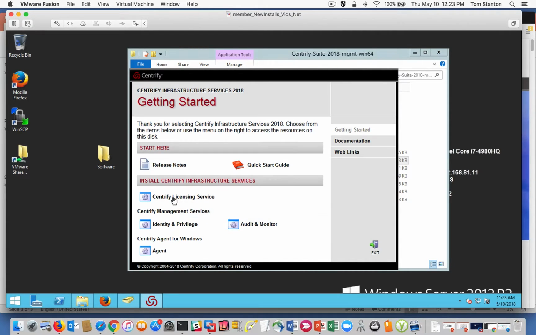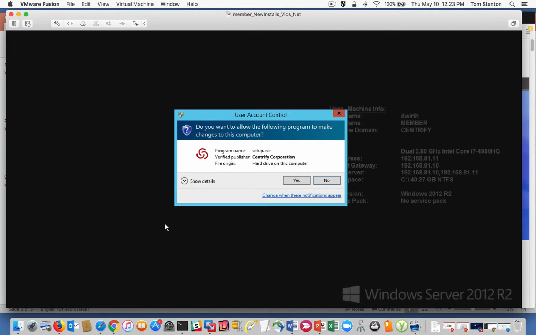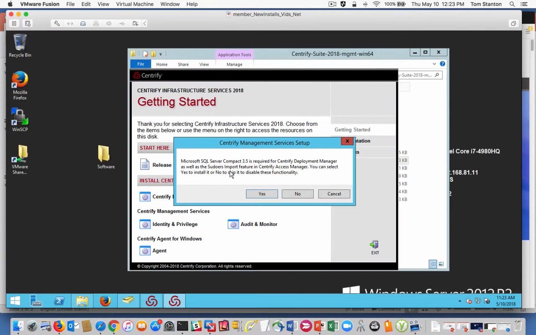All you need is one. Identity and privilege, when you click on this, we're going to click on that right now. And then one thing we'll notice is a prerequisite. A couple features need this Microsoft SQL Compact database. The deployment manager, which pushes out packages using SSH and credentials, and we can push out packages, update Centrify agents on Unix machines,